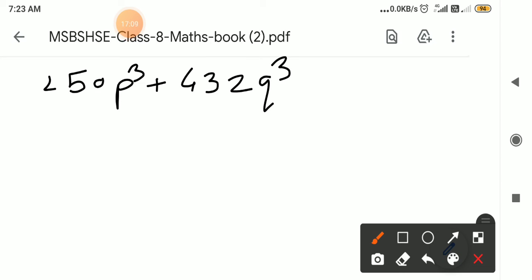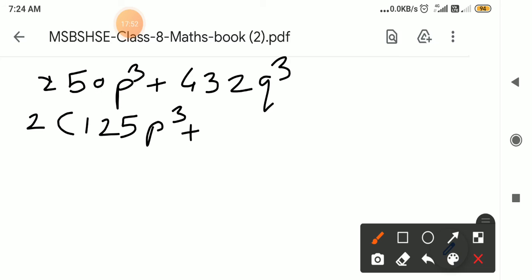Now if you see here, you will notice that 250 and 432 are not the cube of any number. Now what to do? The simple thing is that we have to check whether any common number will come out. Yes, both terms are divisible by 2. So take 2 outside the bracket. 250 upon 2 is 125. Now 125 is the cube of 5, p cube. 5 5s are 25 and 25 5s are 125, plus